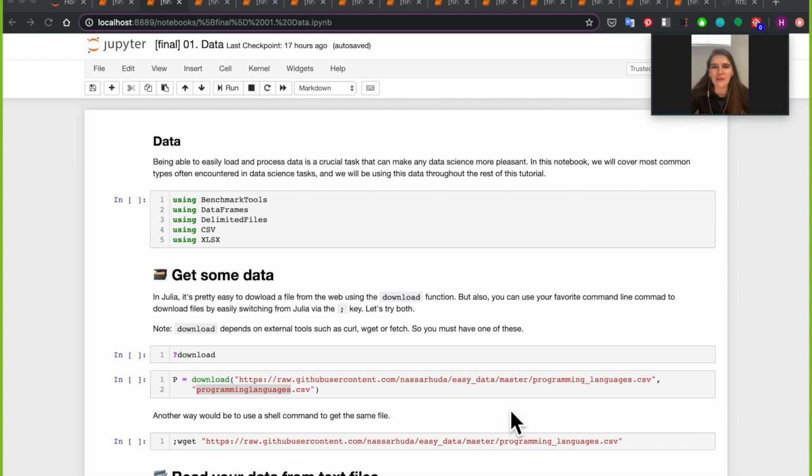Hi, so the first notebook is going to be about data. And what I mean by data here, we're not going to get into the details of how to perform a data science task. Instead, we're going to be focusing on how to load your data into Julia and what are the common data structures that you would use to store your data and what works best given the